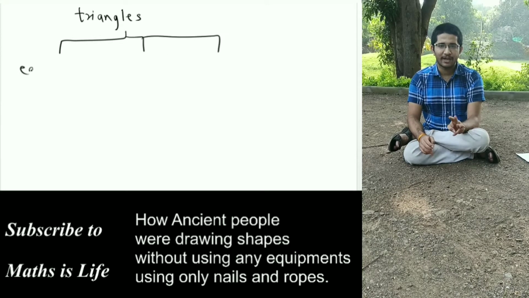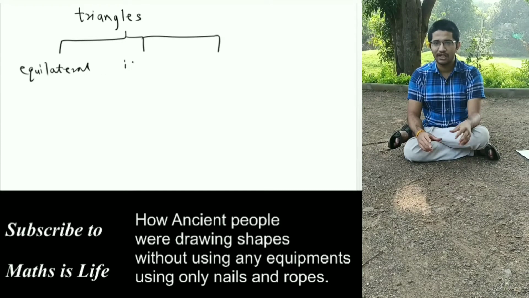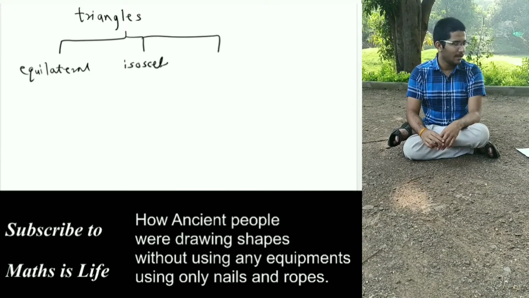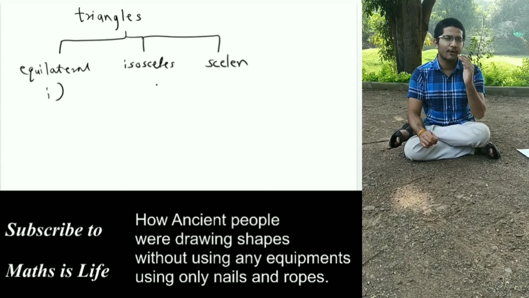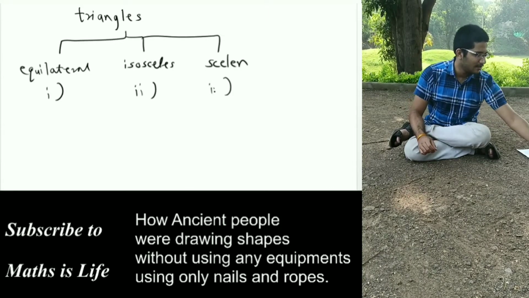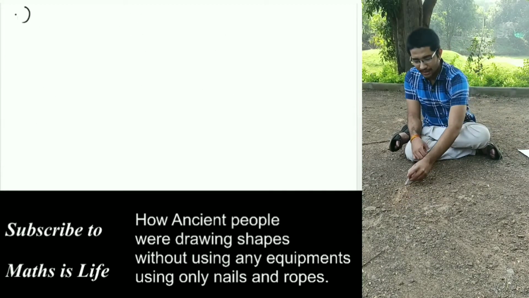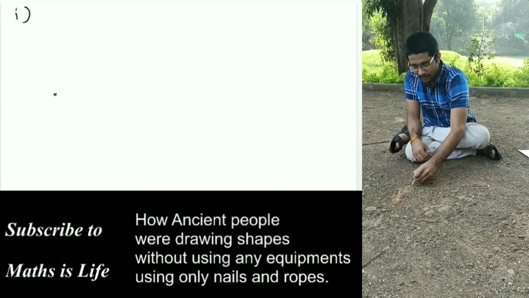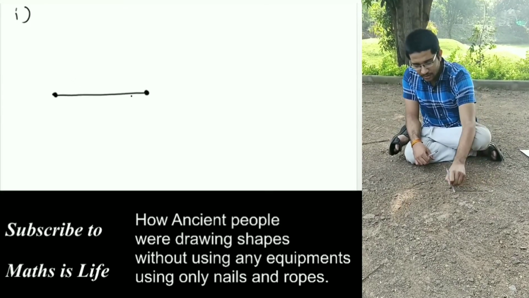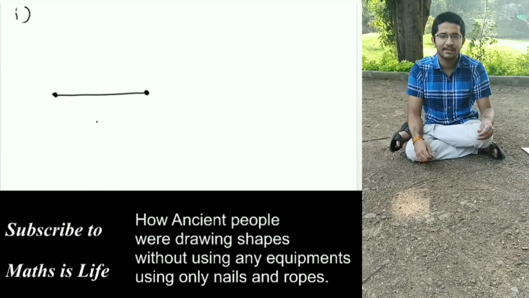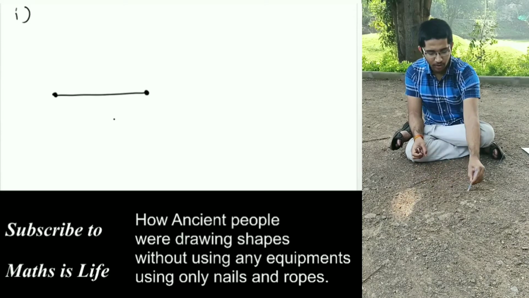There are three types of triangles according to the side lengths: equilateral triangle, isosceles triangle, or scalene triangle. Now let's see how to draw an equilateral triangle first. It is easy, so let's see that. What we will do, we will draw a line segment here. Let's suppose this is a line segment. I hope this is visible. If not, then it will be visible in the second screen. Don't worry. So here is one line we have drawn.